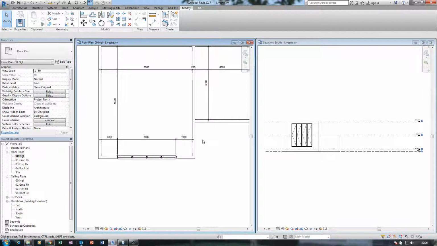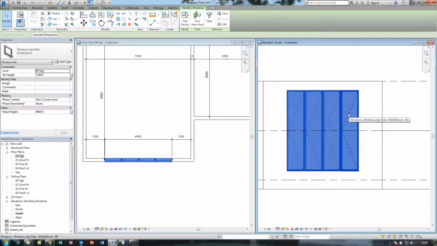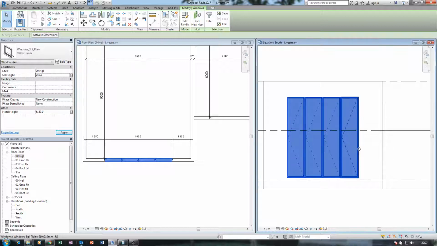So here we are. I'm selecting these guys. 1.2 sill height I think is too much, so I can make it like 750. Okay, I think 900 should be okay.